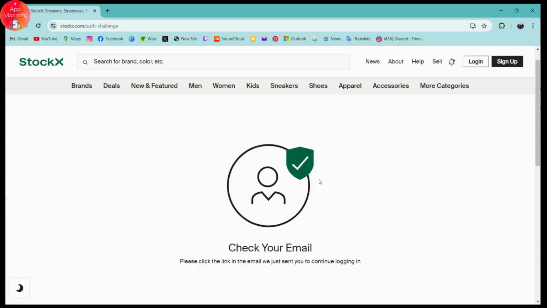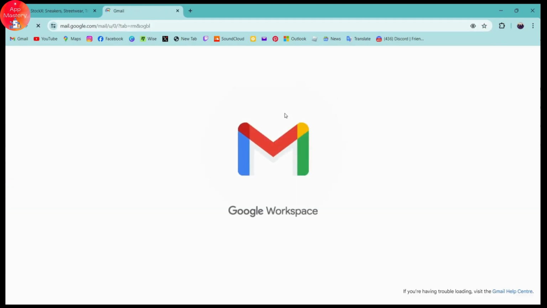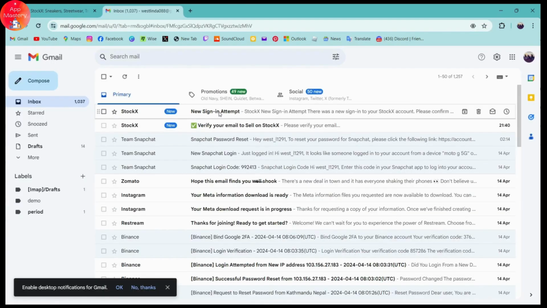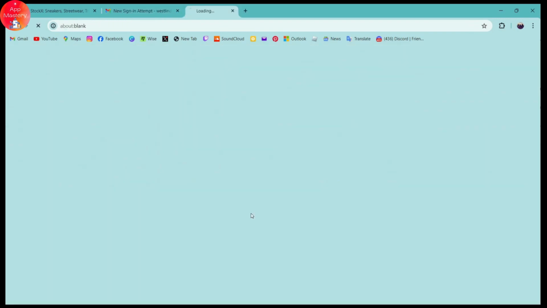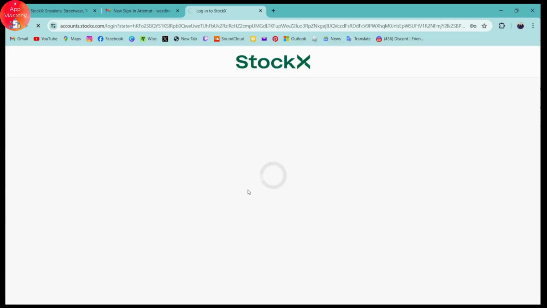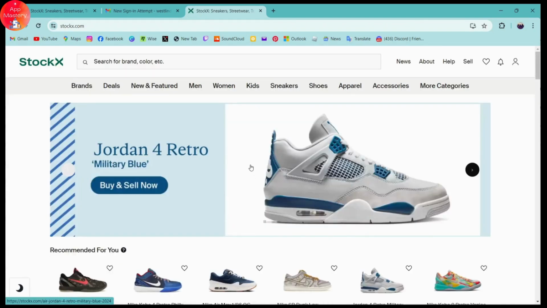Once you click on login, now here it says that you need to check your email to verify to login. So open up your email or your Gmail, and then here you will have the StockX mail. You need to simply click on "Yes, it was me." Once you click on that, it will take you to the login page and it will log you into your account. Click on login, and that's it. That's how you can log into your